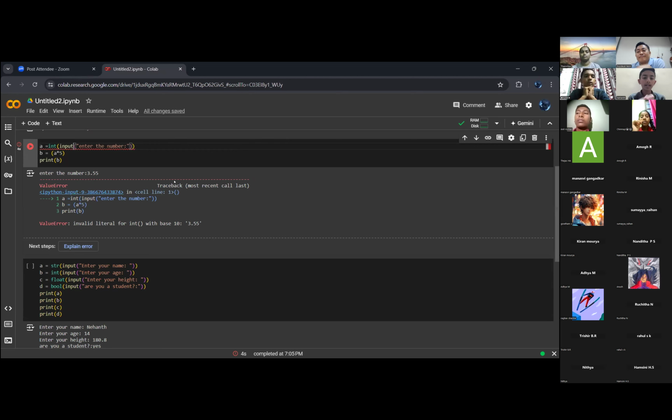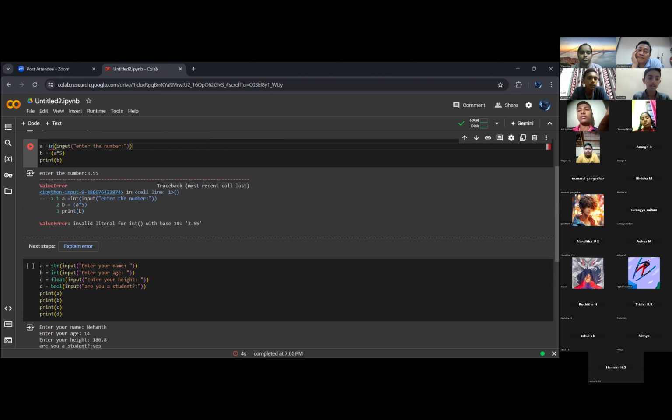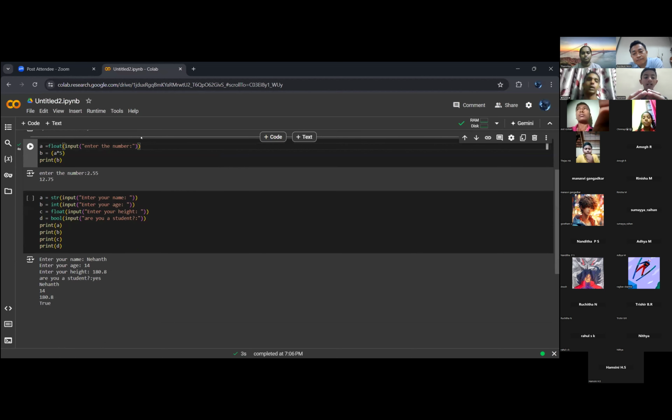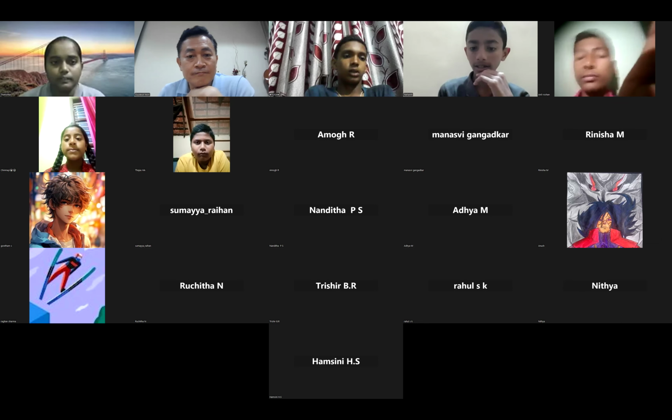But here, what I did was, when I'm typing the input, I typed 3.55. This is a decimal, right? I said that when we use decimals, we need to type float. If I type float instead of int, this code will run. As you can see, when I use float, this code can be executed. But when I use integer, there is an error. Now I have used float and this code is running. So the next topic we are going to learn is